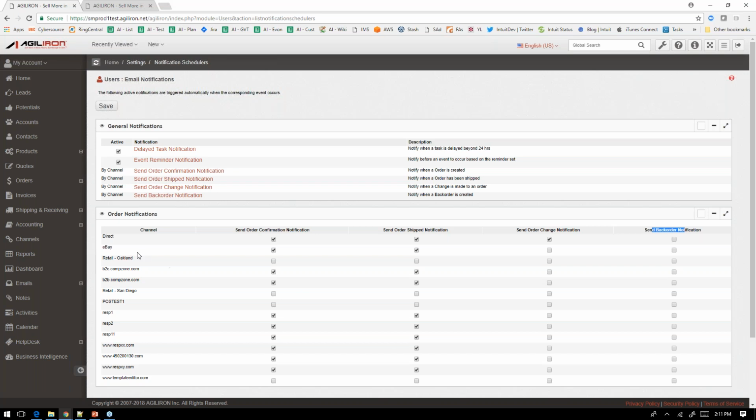Okay, so for each of these channels that you set up in the system, you can decide which of these notifications you want to enable or disable. And then the actual content of each of those notifications is available here for you to edit. Okay, so if we go into one of those,